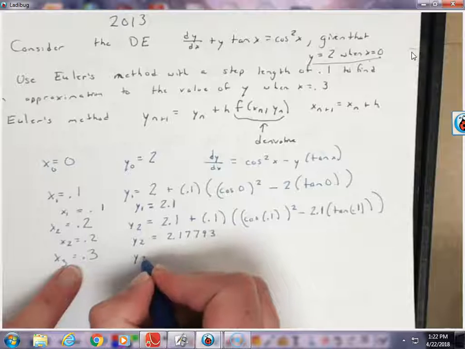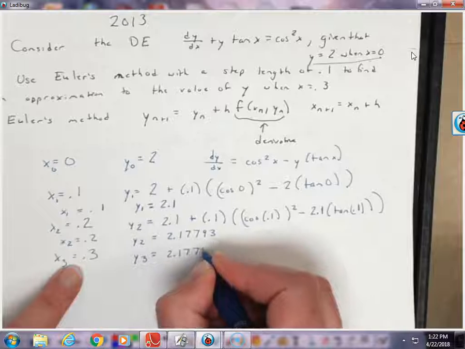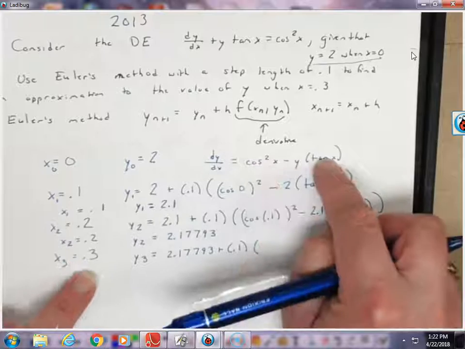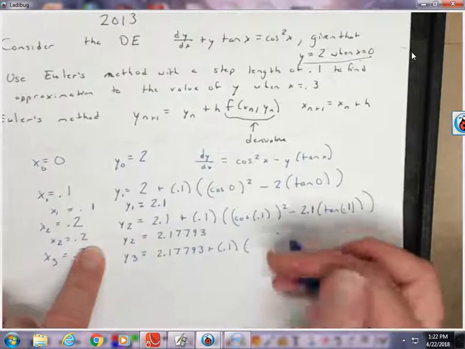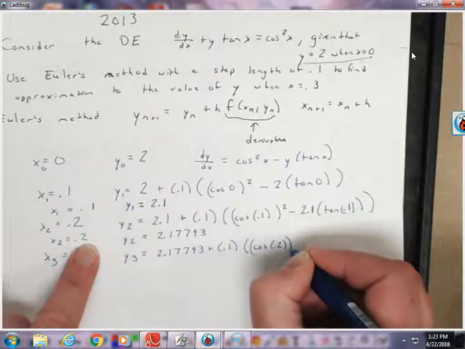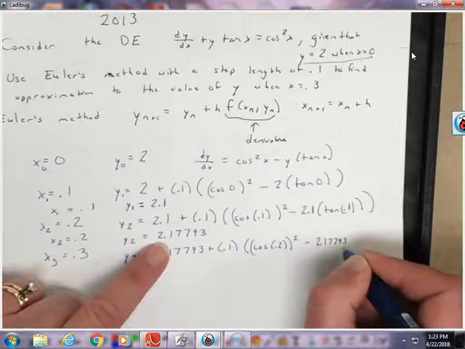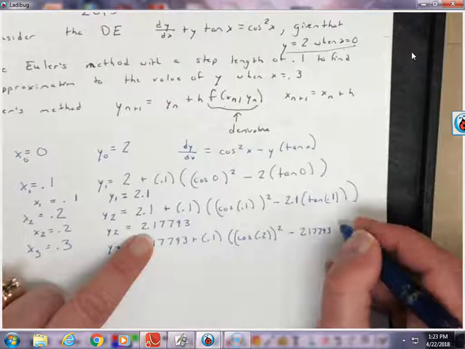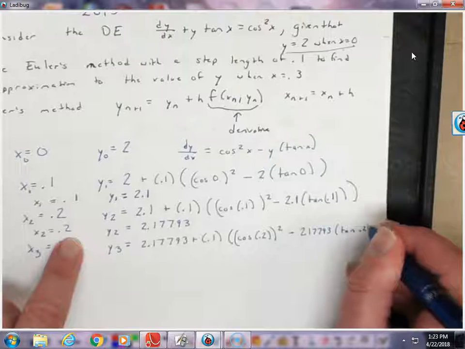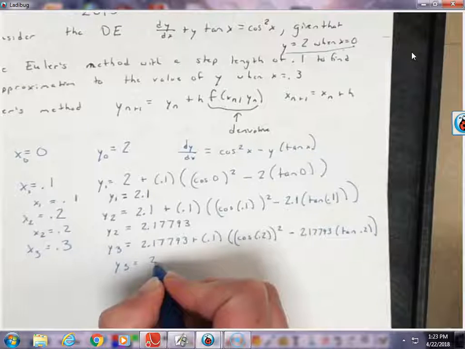For x3, we'll find y3, which again is just y at the previous point, plus your step value times the derivative evaluated at this point. Okay, so this would be cosine of 0.2, that quantity squared, minus y. And if you don't feel like writing that out, you could just put y2, something like that, so they know what you're doing, and then times the tangent of 0.2. Okay, so when you put all that in on your calculator, you get